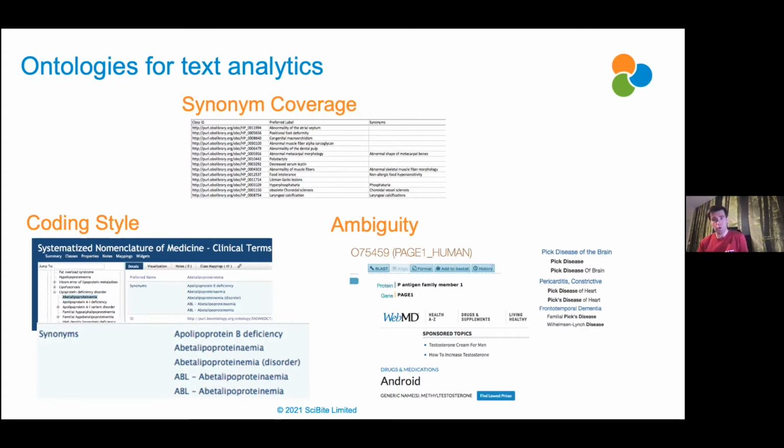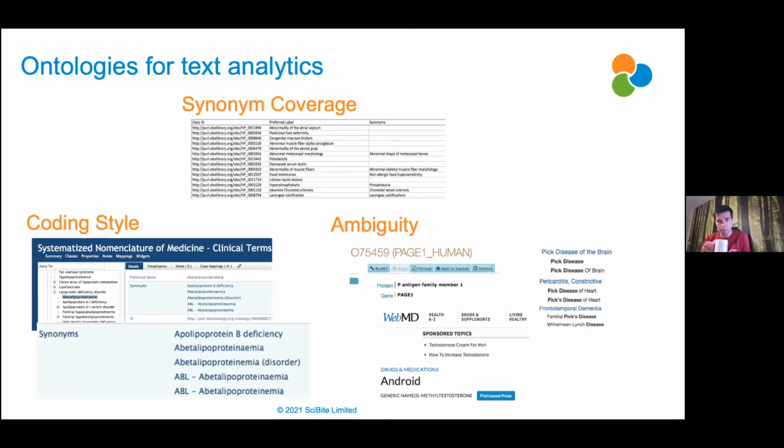You have to deal with coding styles, so we often see names and synonyms in ontologies that don't conform to the way the entity would be written in text, so you can see some examples there. So formally writing something as an acronym dash and then the full version of the word is not a very common way of seeing that written in normal sentence type text, so we have to deal with that and make sure that actual synonyms are covered, sometimes modify these things so they can be appropriately found. So there's a bit of dealing with coding styles, and then there's the ambiguity problem as well.